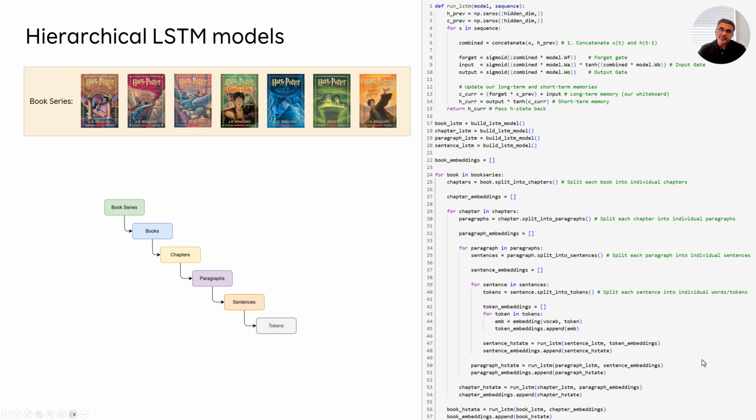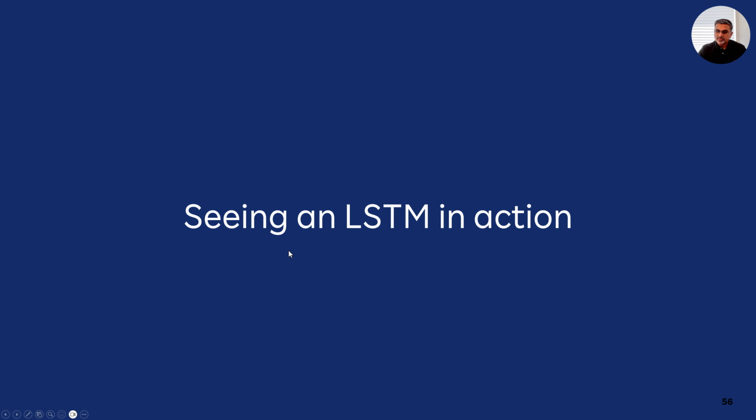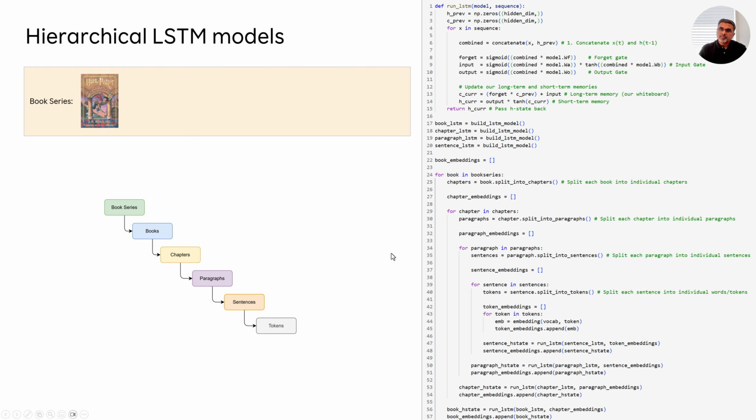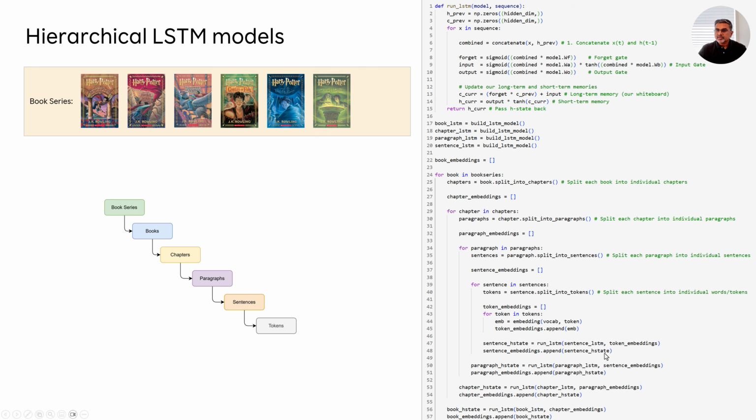Now, one question: why are we actually using the short-term memory and not the long-term memory? The reason is that the short-term memory, if you go back here, you see is already capturing the information that is there in the long-term memory. So that's the reason why you use the short-term memory in propagating the context and the embeddings for the next LSTM in our hierarchy. So this is how you would process things that are hierarchical in nature.